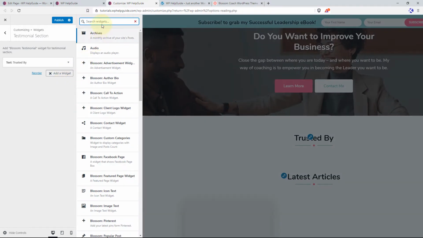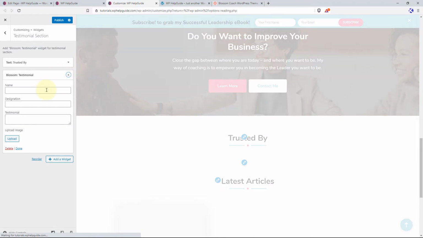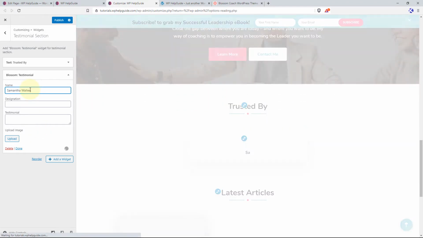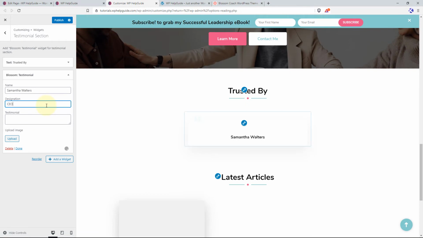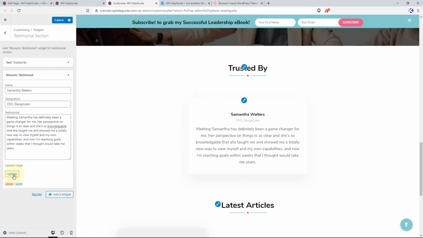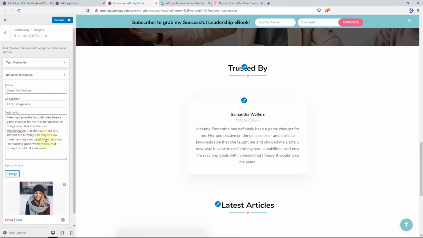Simply click on add a widget and search for testimonials widget. Click here, and in the testimonial you can add the name, designation and the testimonial content along with upload the image who provided the testimonial. So let's add one. Then you can also upload the image. So let's go with this image,